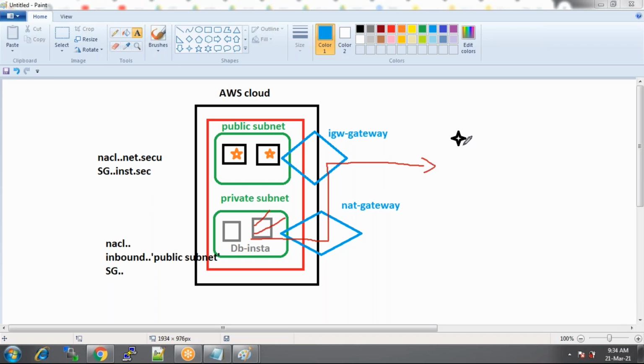From outside, I want to access something like this. Is it possible? No. Why? Because the request through NAT gateways works only one way. What does one way mean? Instances can access the internet. Through the NAT gateway, the internet request will be sent out, but no request will be sent back in. That's not possible. So NAT gateways are one-way communication, not both-way communication.